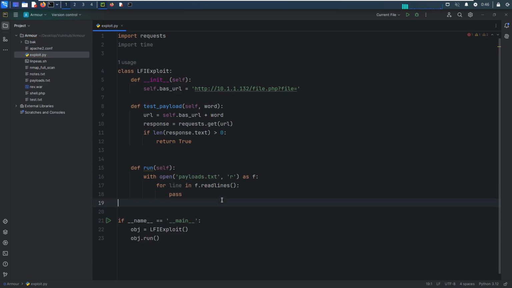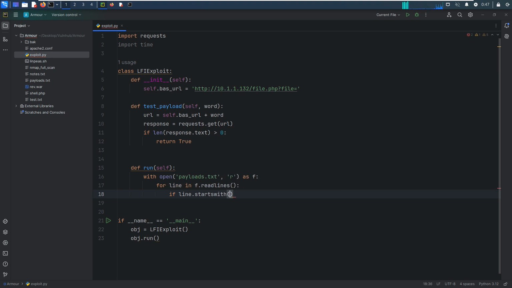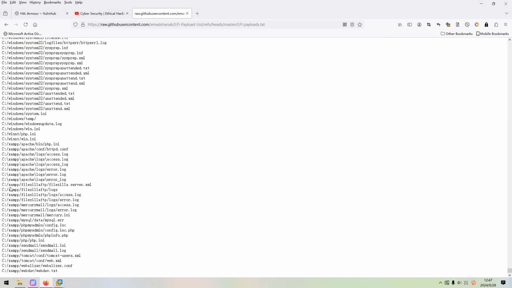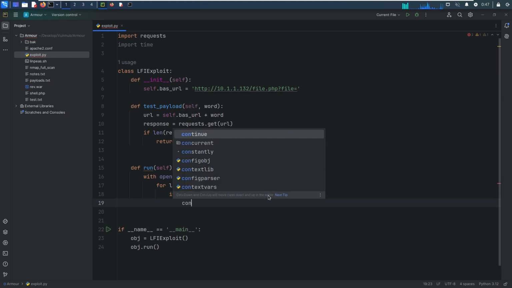If line starts with, we can copy this and put it in here, and then we just continue. We do not need to do anything.